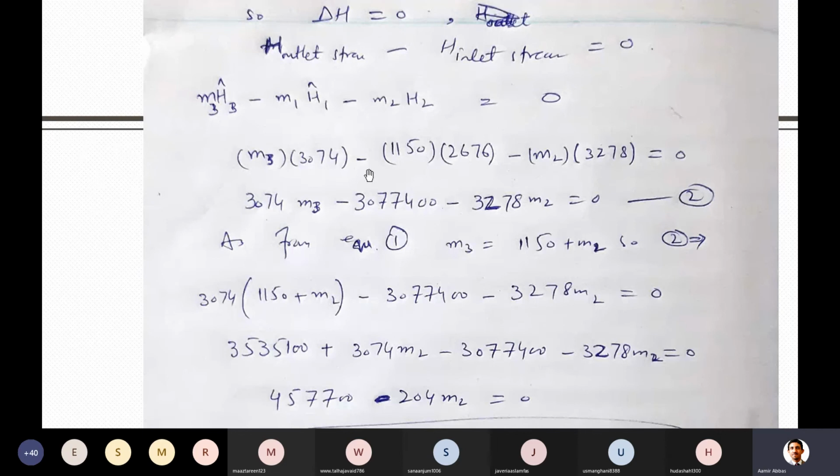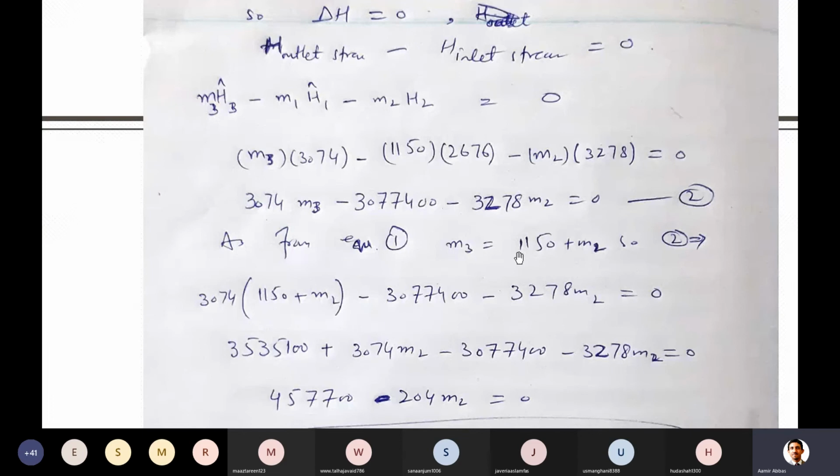Now you know, m3 was unknown, I put it as a variable. H3, you know all these 3 enthalpies. One flow rate was only known, 1150, so the others were unknown, I put them as unknowns. And I just tried to simplify the equation. And then you have this equation 2 with the 2 variables, m2 and m3. As well you have equation 1 with these 2 variables.